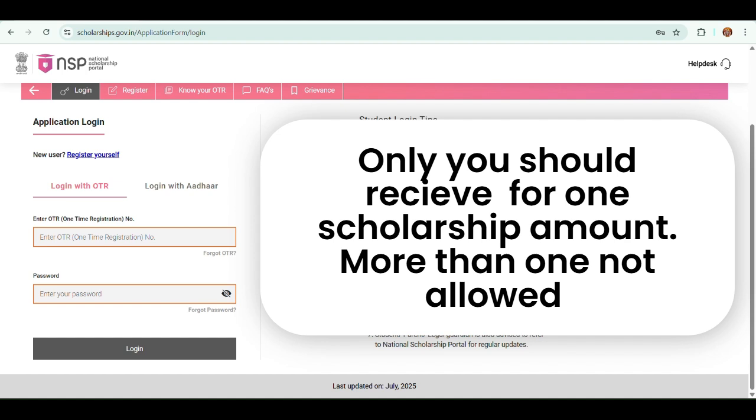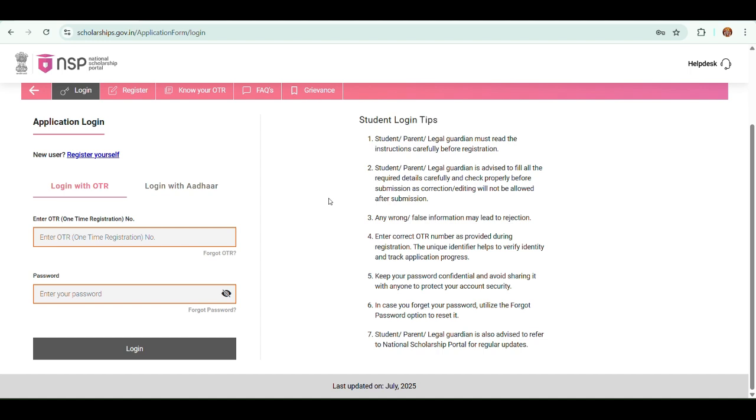For the Swanath scholarship, this is applicable for both male and female students. Only the students who are orphans, or whose parents died due to COVID, or who belong to families with no earning member. You will need a death certificate as proof of eligibility. This Swanath scholarship also will be 50,000 rupees.